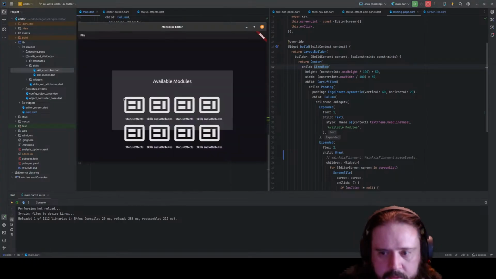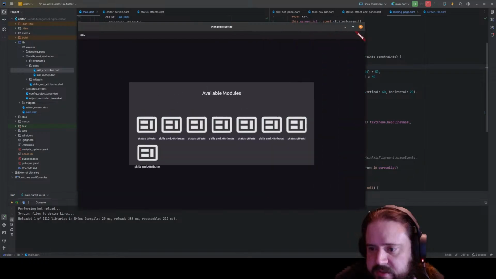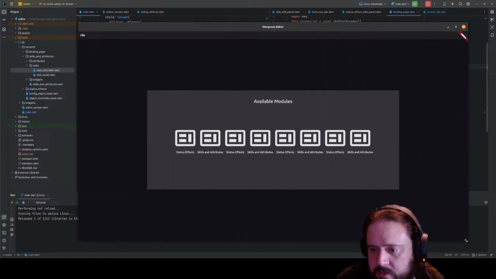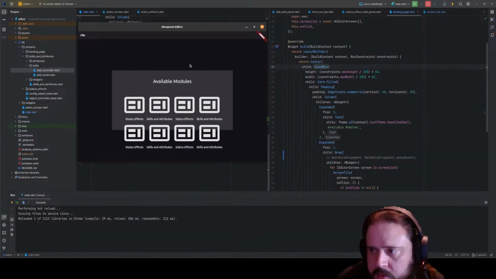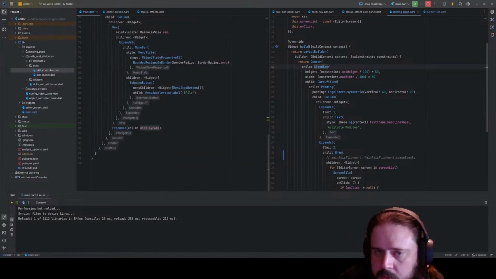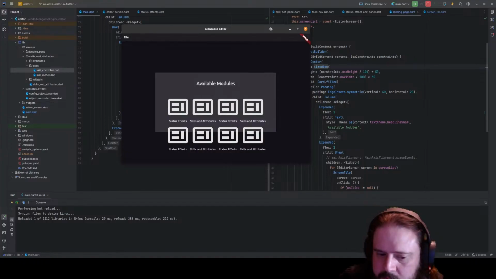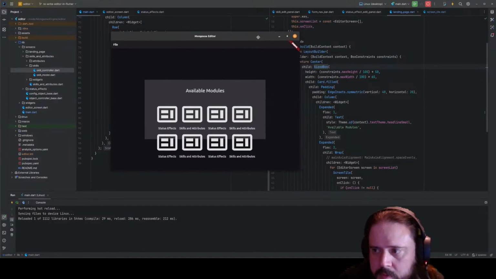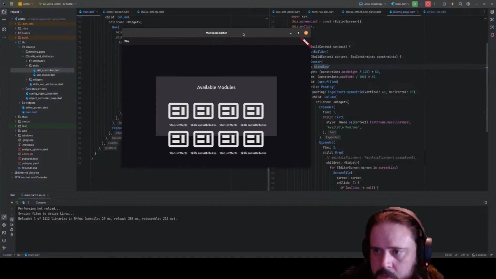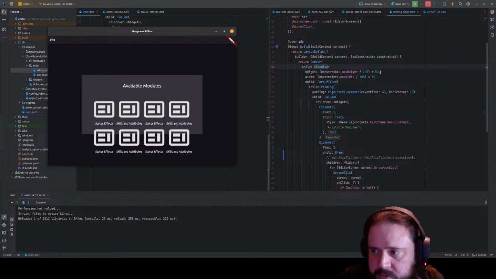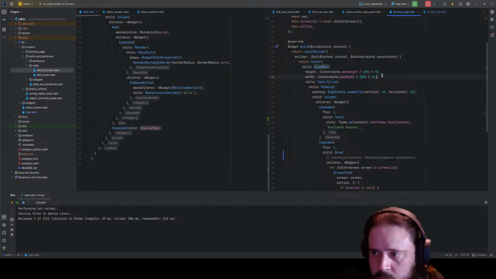Okay, so we just need to make this what was the max size though? Oh, because we do by constraints, right. So